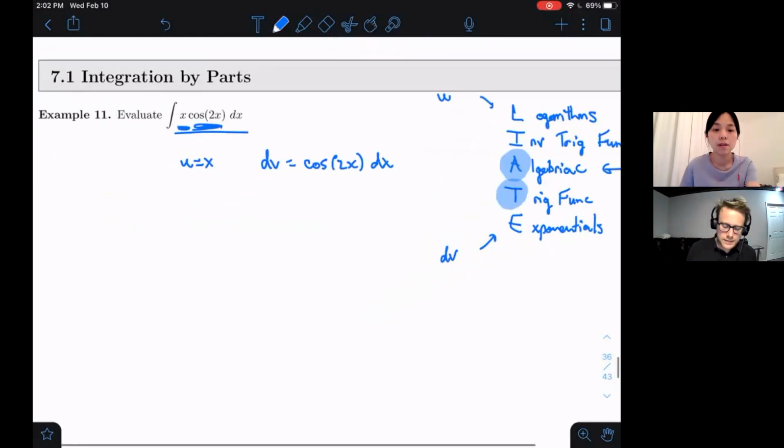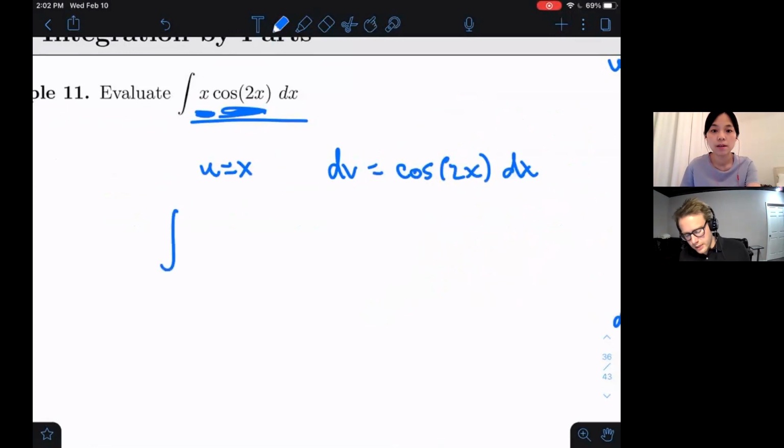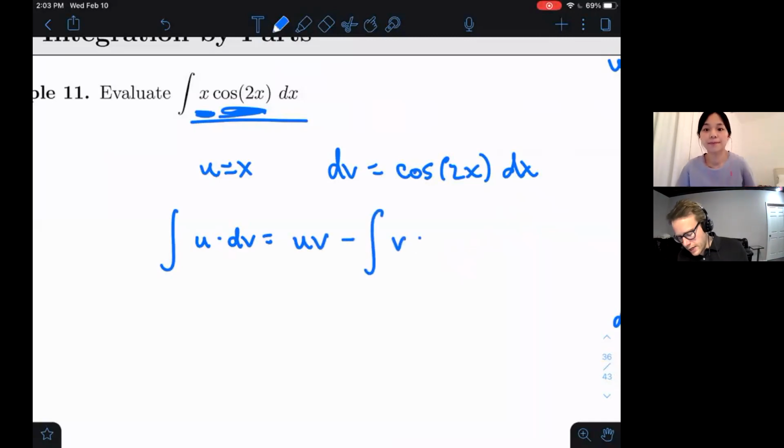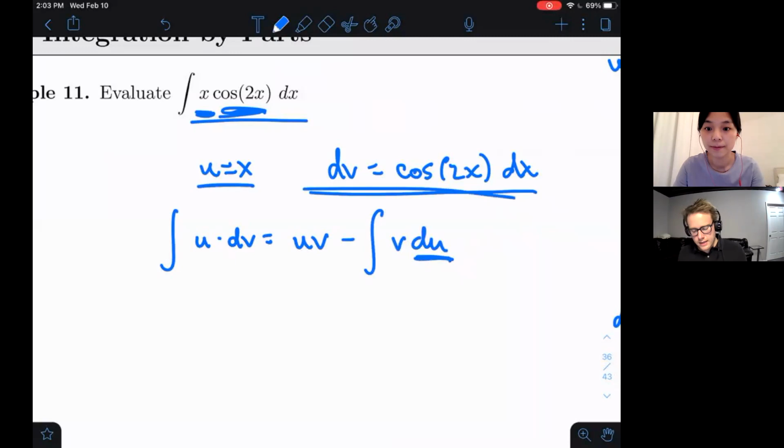This is what we're going to set our dv to be. So now we've set this up so that we can use integration by parts on this. According to integration by parts, if you want to integrate u dv, which again, we've chosen our u, we've chosen our dv, this is equal to uv minus the integral of v du. So you can see that we need to calculate a few things. For instance, I don't know what du is. I need to use my substitution here in order to calculate that out. And likewise, I know what dv is, but I don't know what v is here. So we have to spend a little bit of time calculating these things. So let me cheat using technology. I apologize for